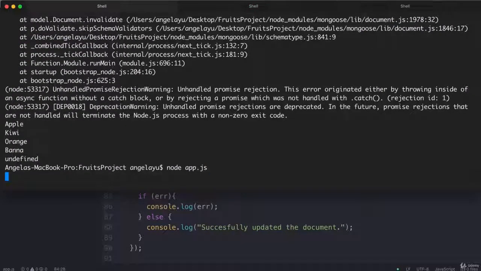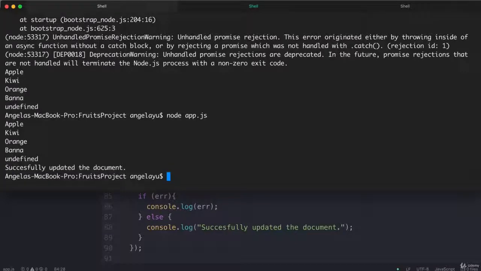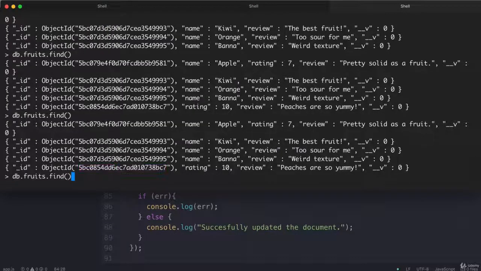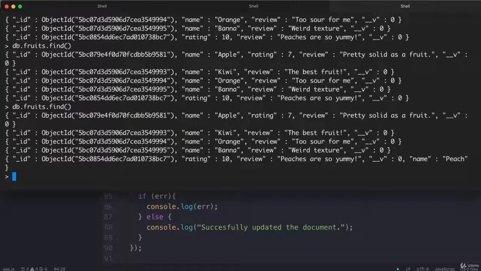Now let's close everything off and hit save, and let's go into our hyperterminal and run our node app.js again with that update. And you can see now it says successfully updated the document. And if we go over to our Mongoose shell and we look at all the fruits inside our fruit database, you can see that we don't have any extra documents. We've still only got 5, but this last one now has the name field filled,